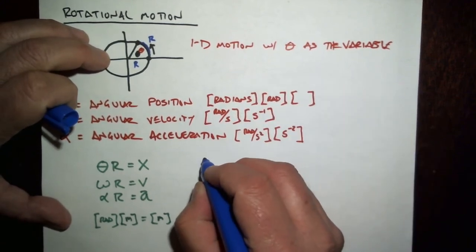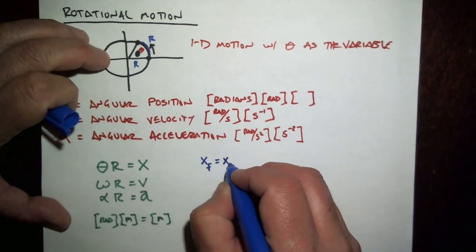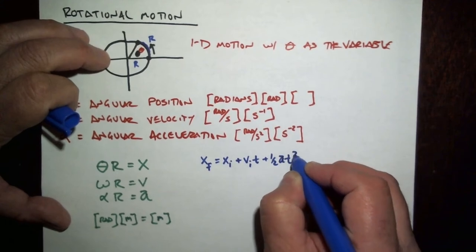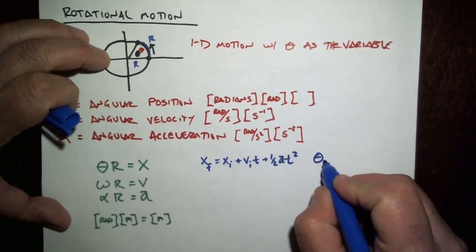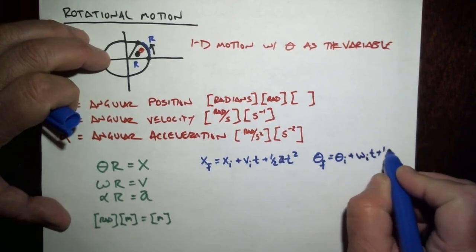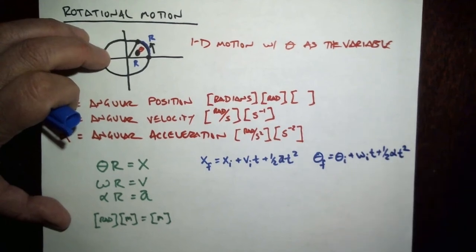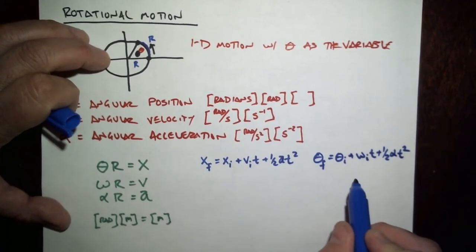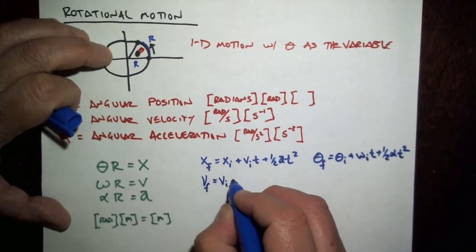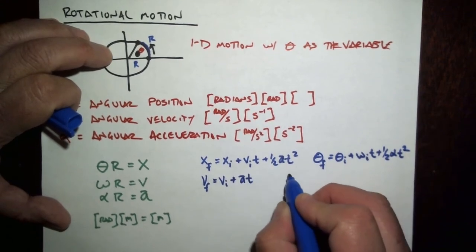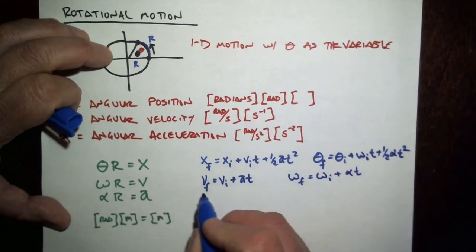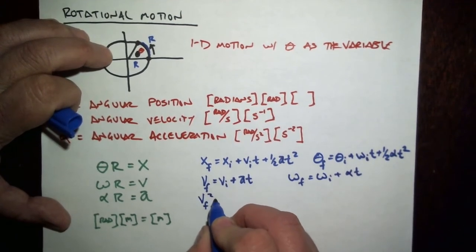So our good friend, the Swiss Army equation, xf equals xi plus vi times t plus 1/2 a times t squared, becomes theta f equals theta i plus omega i times t plus 1/2 of alpha times t squared. So there is an angular version for each linear formula. The definition of velocity becomes that. The no-t equation,